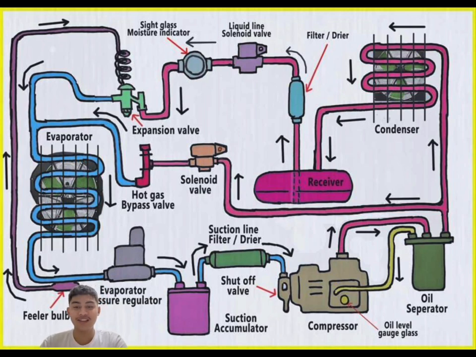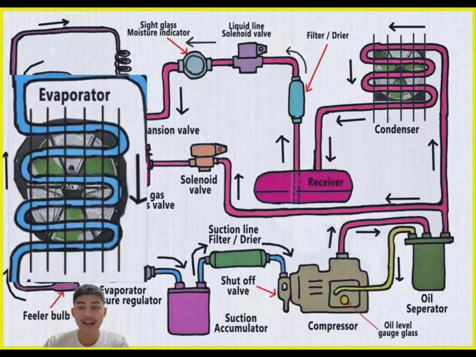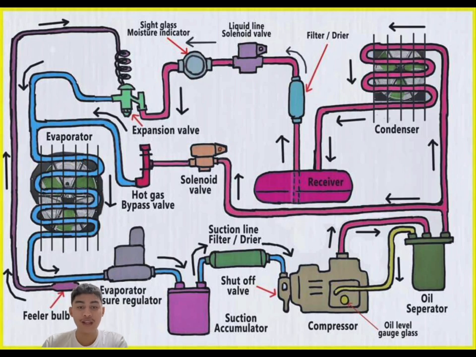Let's explore this refrigeration cycle diagram together and break down each component step by step. Whether you're learning HVAC, refrigeration engineering, or just curious, this will help you understand how a refrigeration system works. This image represents a complex refrigeration system with components like compressor, evaporator, condenser, and multiple control and regulation elements. It's a closed-loop cycle where refrigerant changes state, liquid to gas, to absorb and reject heat.